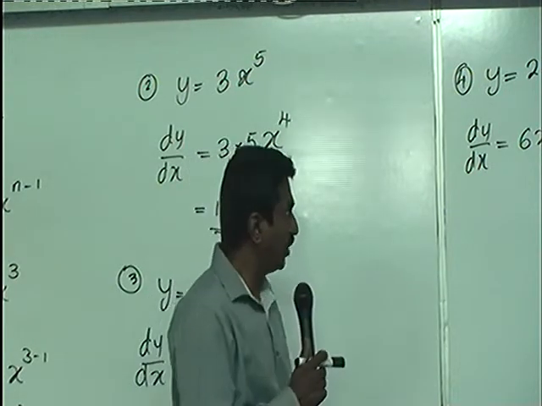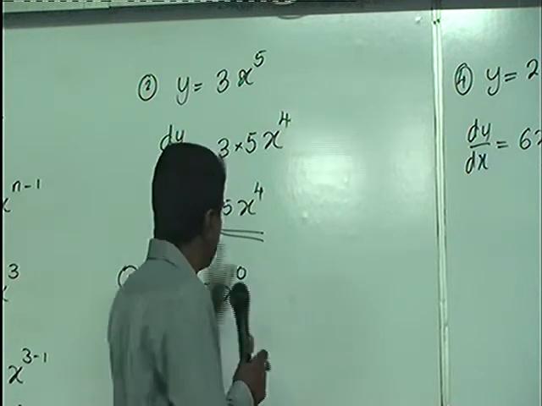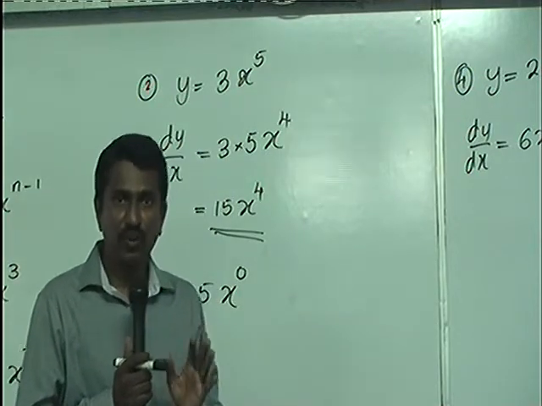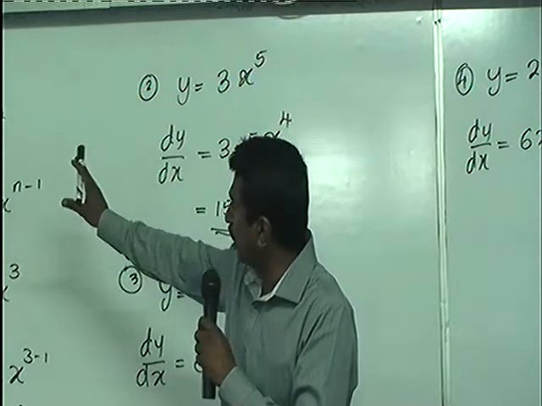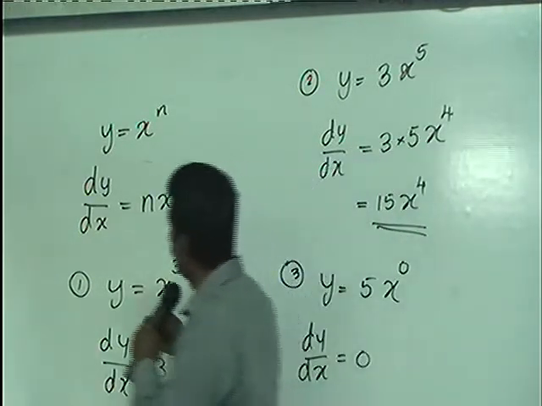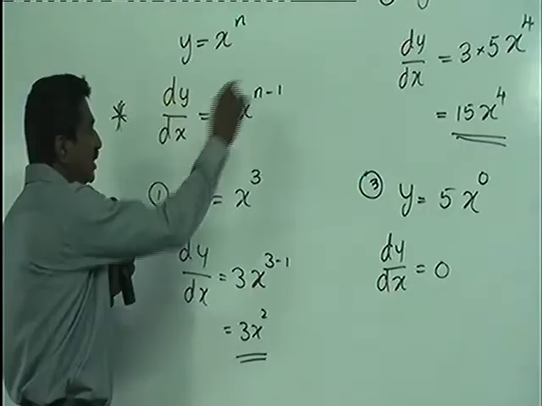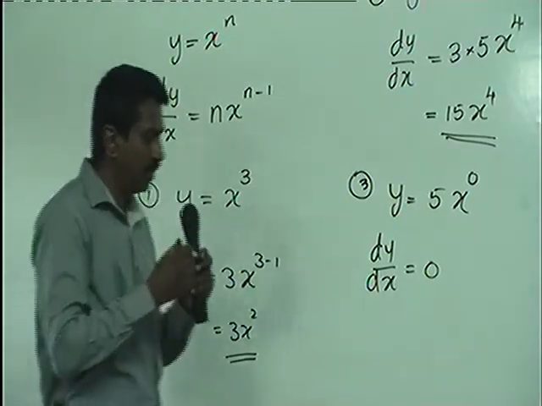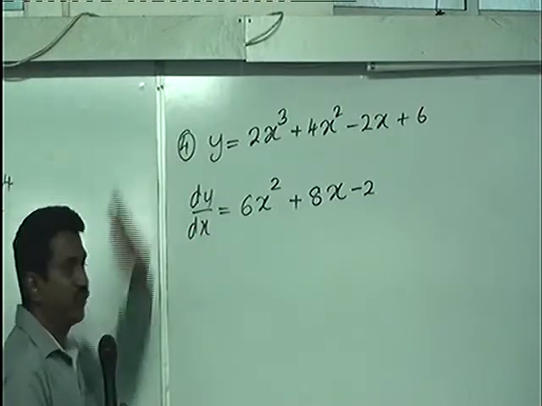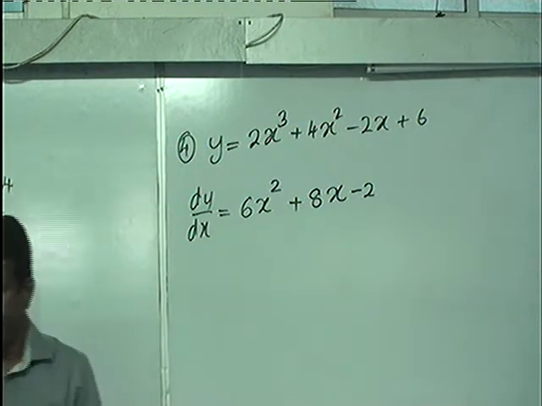So you don't have to worry too much about the multiplication and the function of a function, but this is the important one which is needed for the application questions as well. Therefore, remember the basic formula dy by dx equals nx^(n-1). This is a very important formula. Put a star, very important formula. Then these are the types of examples that you have to remember. So finally, we end up with this one. If you can do this one, that's fine. And we have done the change of the variables and other things also.